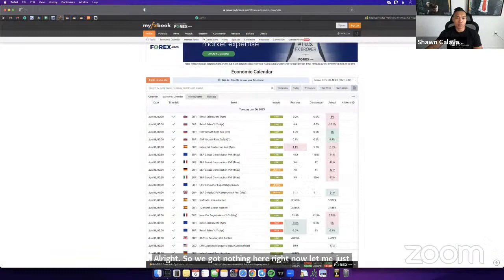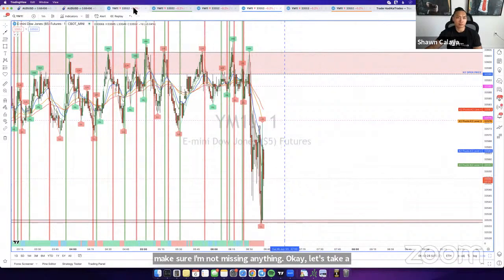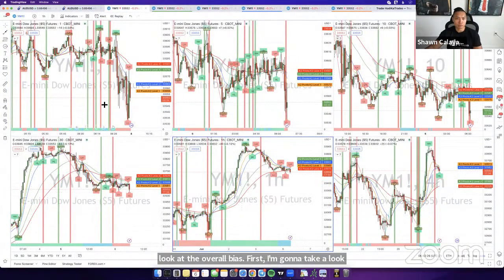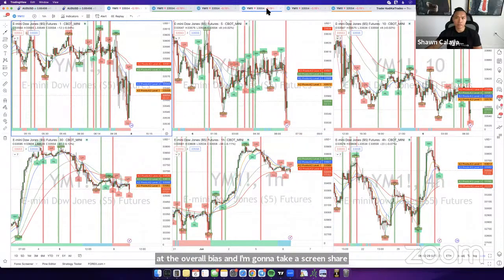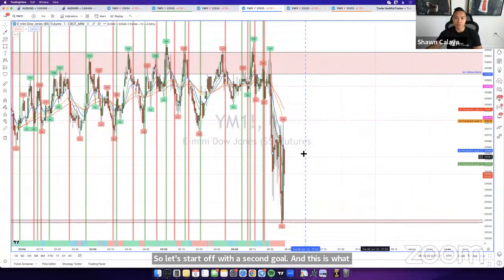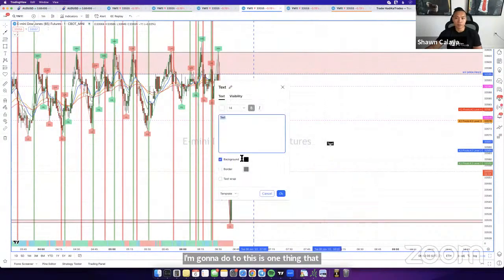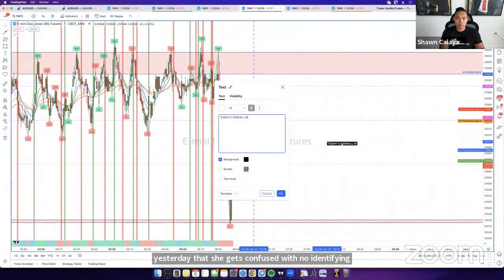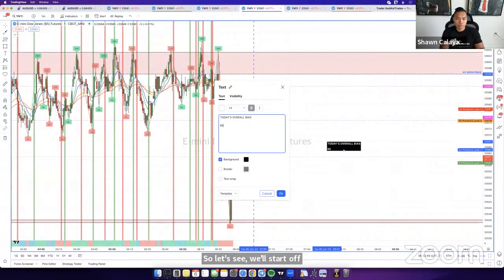Okay, let's take a look at the overall bias first. I'm going to take a look at the overall bias, and then I'm going to take a screenshot of all my profits. So let's start off with the technicals, and this is what I'm going to do too, because this is one thing that Martha mentioned yesterday that she gets confused with, identifying overall bias. I'll put up today's overall bias, right? So let's see. We'll start off with retail sentiment,